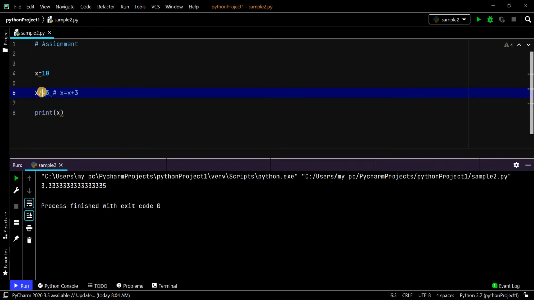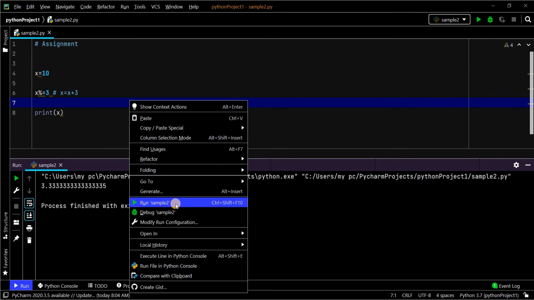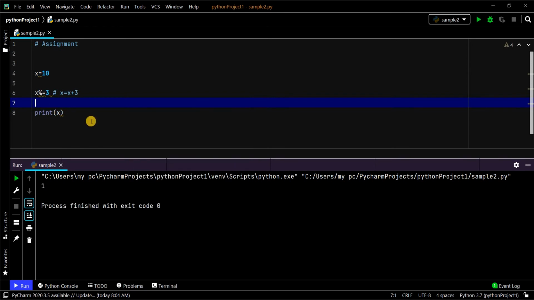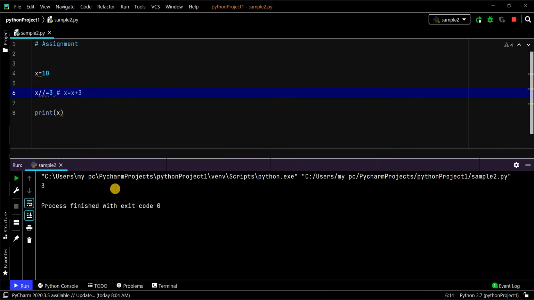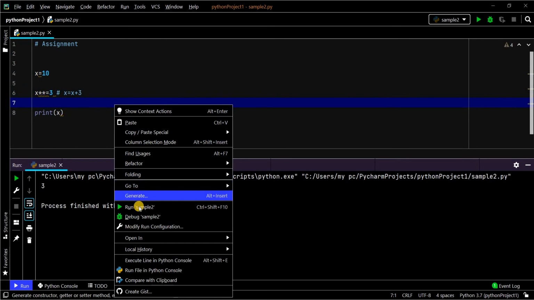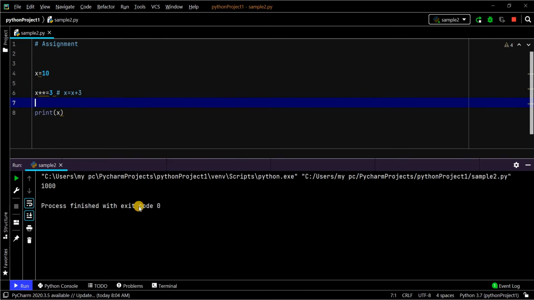You can give modulo, which is the remainder of the division, and floor division, and the final one is exponentiation. You can use all the arithmetic operators along with these assignment operators.